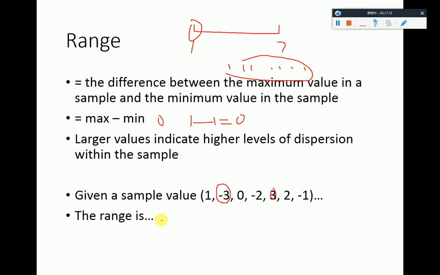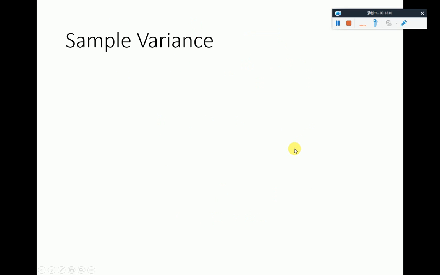So the range is the largest value minus the smallest value. With two negative signs, that gives us a positive sign. So 6, right? So 6 is the range. There we go. Okay? Easy, huh? That's our first dispersion statistic. Okay. Now the second